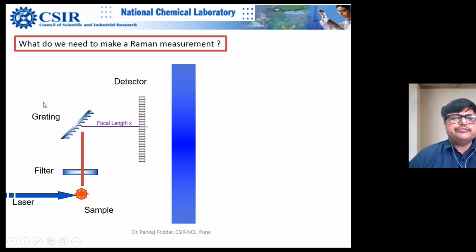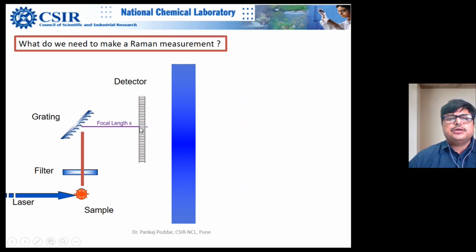Finally, we have a grating. There is actually a turret. The turret basically rotates and aligns the desired grating depending upon what kind of spectral resolution you are looking for. So the grating actually decides your spectral resolution, how many lines per millimeter, and